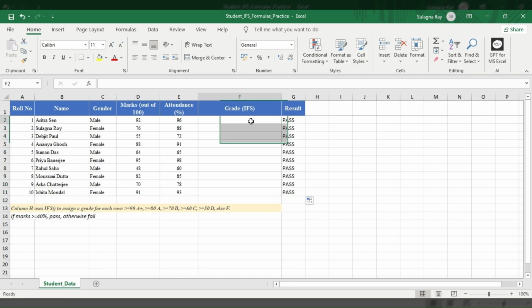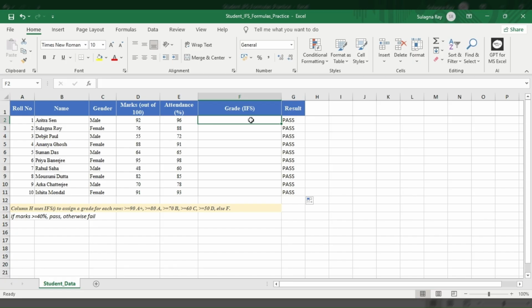Now the second function is the ifs function. We will use the ifs function whenever we have more than one criteria, and based on those criteria, we want to find out the result.